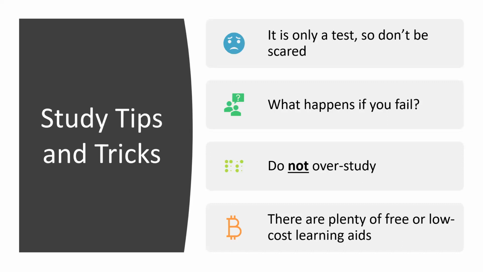The third bullet is something that I have done over and over again: overstudy. How do you know you're overstudying? When you start to question your judgment or your knowledge on a topic. It's very easy to do, especially if you've been studying for a long time. So just keep that in mind. That's the biggest danger of studying for a long time: you begin to question if you know something or not, because it's so wrapped up in your brain that the knowledge starts degrading, and it's just because you're using it too much.